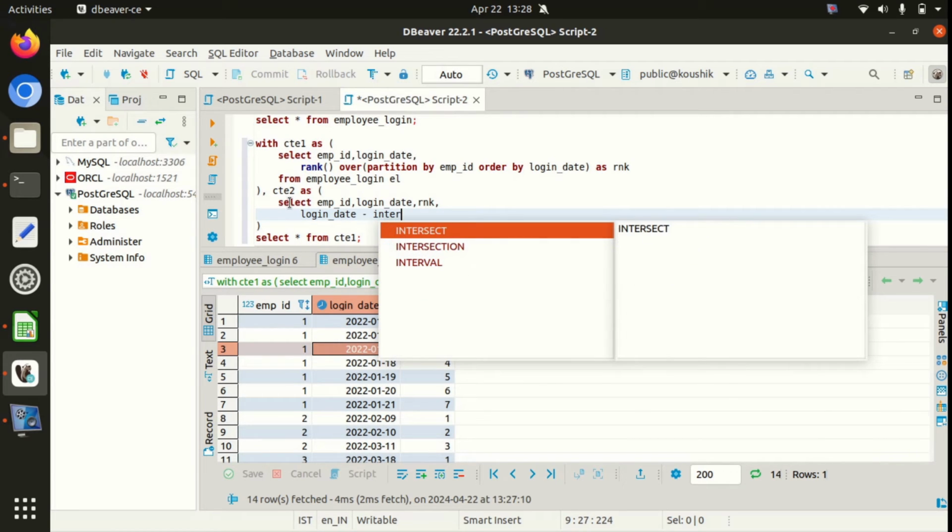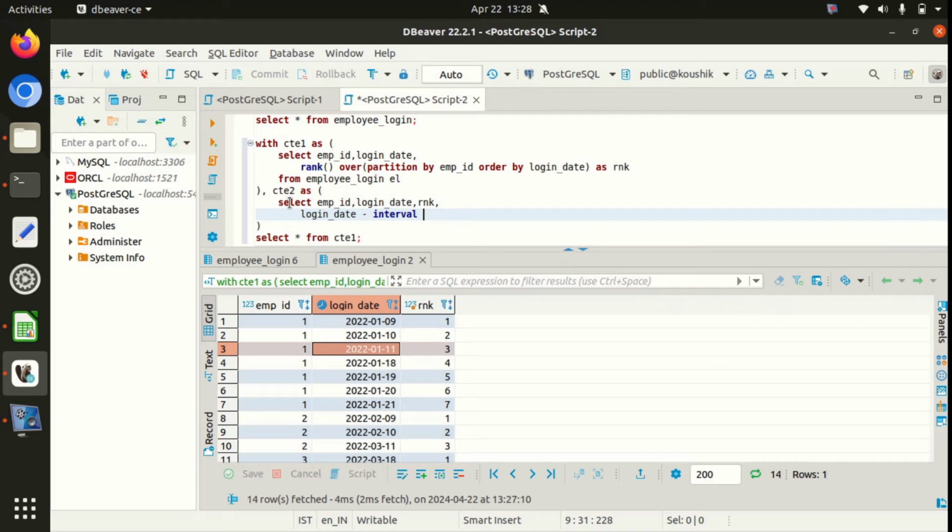minus interval. So interval is a function which is used to deduct some days, or number of days or months, from any other date. Similar kinds of functions are available for other databases, like date add, date part, date subtract, something like that. And you can Google it, and you'll find out date add is used for MySQL. So we are going to use interval 1 day into rank